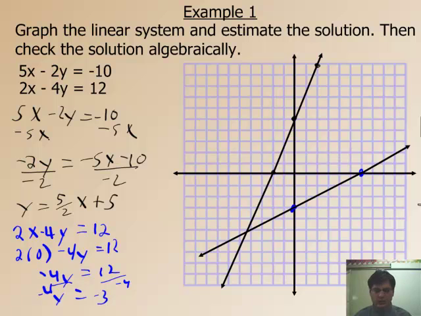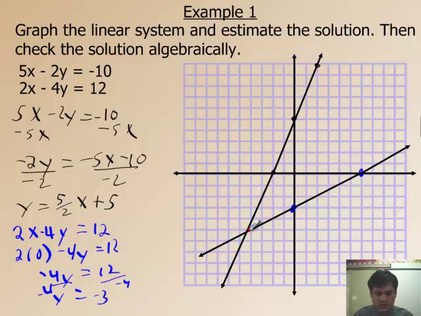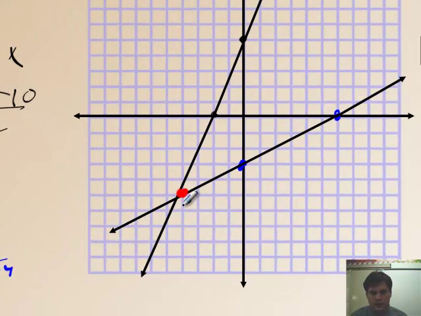It'll be easier to do it on paper. But it seems to me that the point of intersection is going to be located here. Now this is approximate given the inaccuracy of my graph, but it's crossing at (-4,